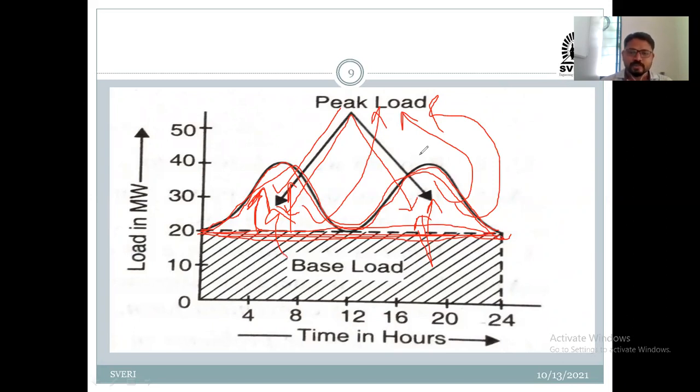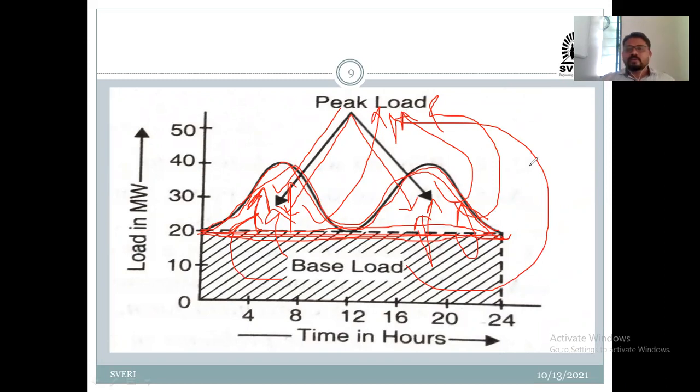Okay, two simple definitions are there: base load and peak load. So what is the base load? The unvarying load which is continuously present on the system, you can call it nothing but the base load. And what is the peak load? The various demand load which is present over and above this base load, जे की ओव्हर अँड अबोव या बेस लोडच्या प्रेझेंट आहे त्यांना तुम्ही काय म्हणणार आहे, you can call it nothing but the peak load.